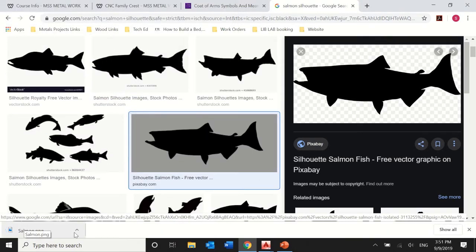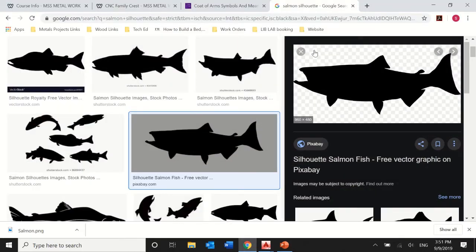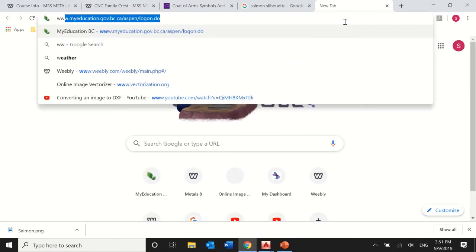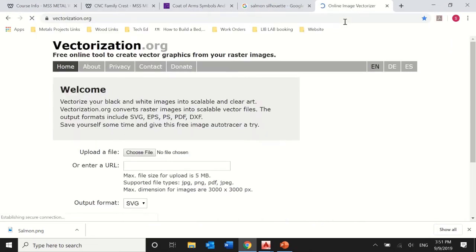It should drop down into your downloads bar down in the bottom left hand side, and you should be able to make sure that it's there by checking your desktop. There's my salmon image right there. Next thing that we're going to do is we're going to go to www.vectorization.org,